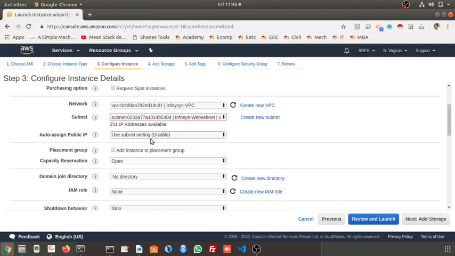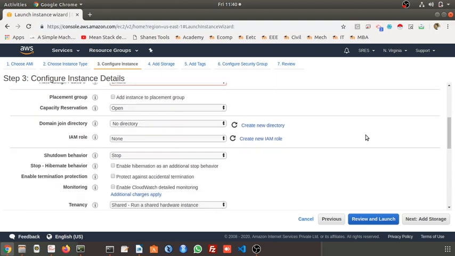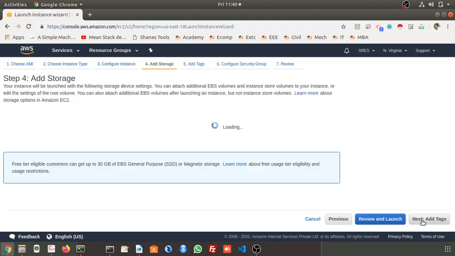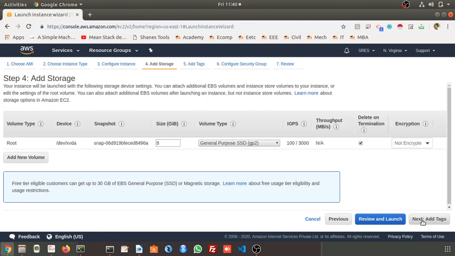Here, auto assign public IP: enable. You have to enable this so that a public IP will be active, and keep everything else default. Add the storage; I'll use this default storage.